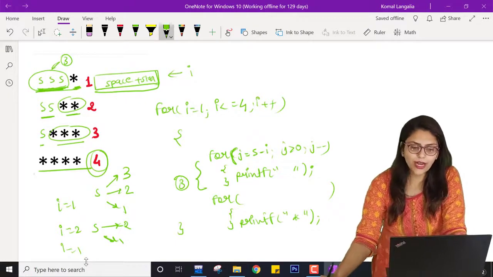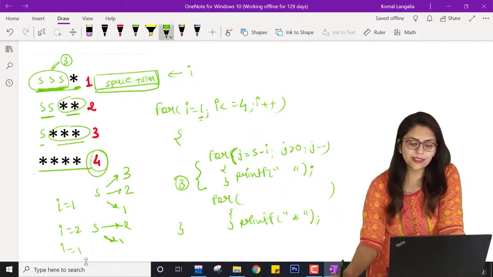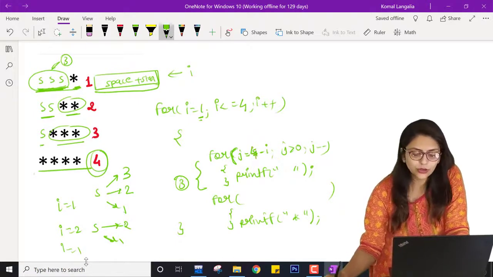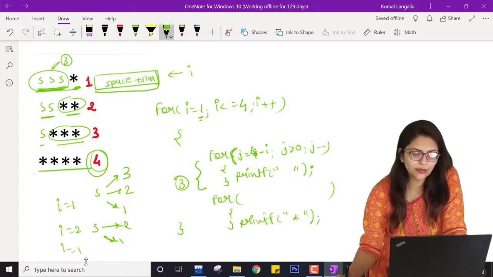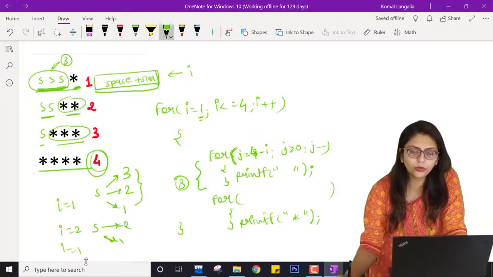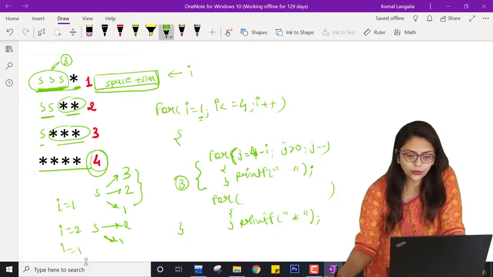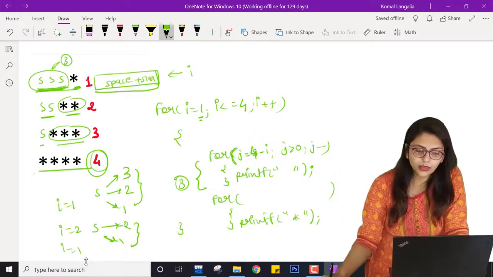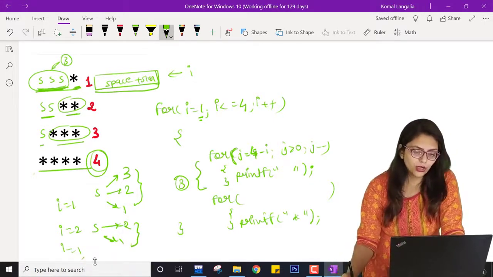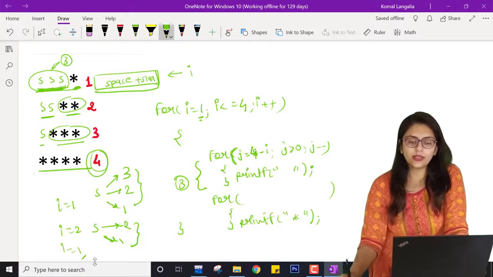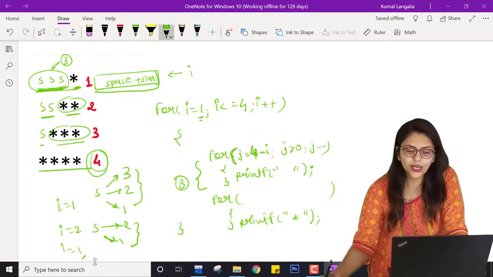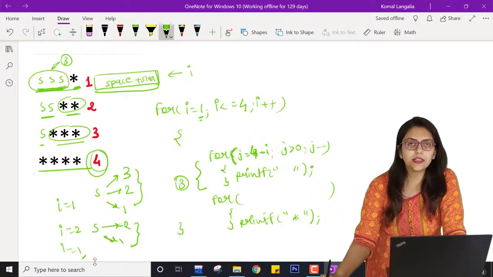So this way when I value is 1, j will be starting with, or here it will be 4, sorry, it will be 4. Right, so for I equal to 1, j will be starting from 3, 2 and up to 1. When I will be 2, j will be starting from 2 and 1. When I will be 3, j will be starting from 1, right? So I hope you understand what I have written, 4 minus I, j greater than 0, I am going to print space.